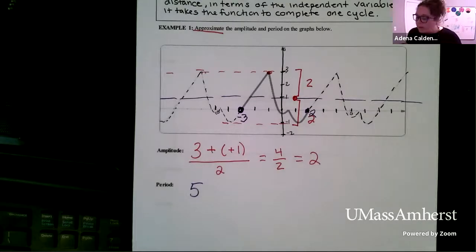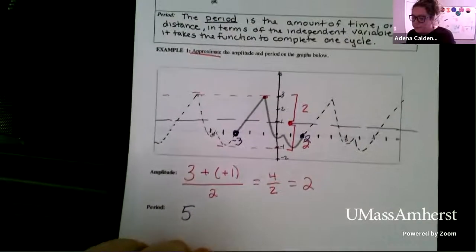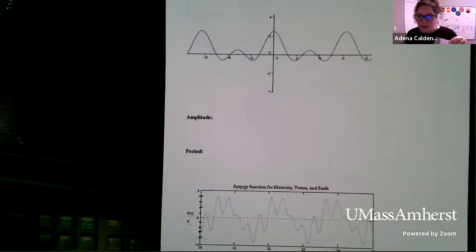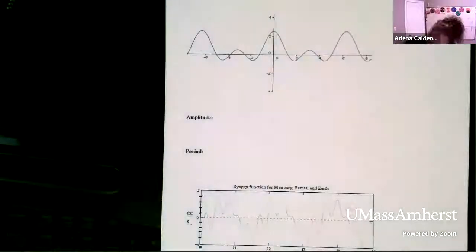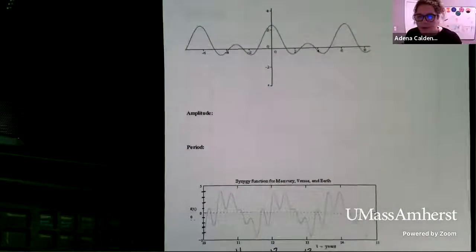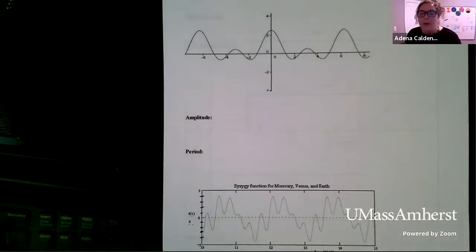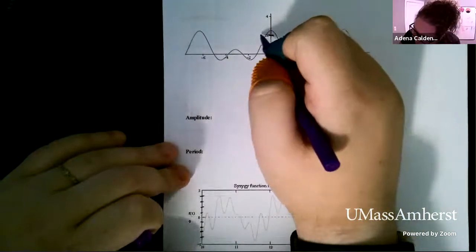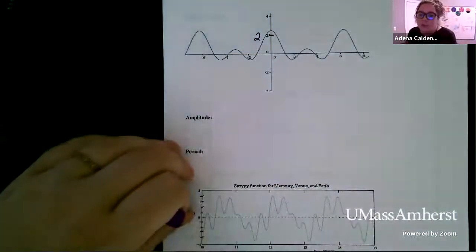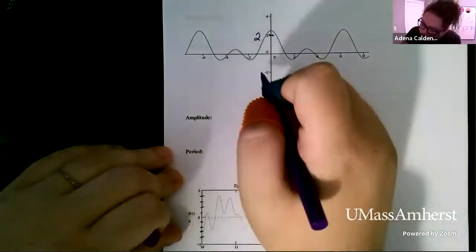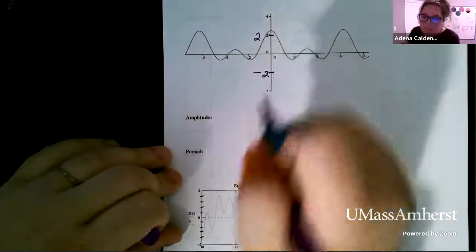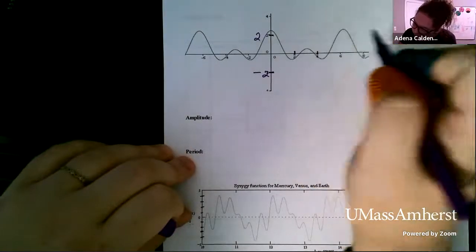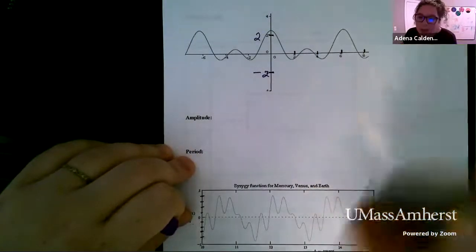Okay, so I'm going to give you one to try. We're going to look at these two, and I'll mark some values to make it a little bit easier for you to see, hopefully. And we're just trying to figure out the amplitude and the period. And so again, this is an approximation, so it doesn't have to be perfect. That's the value of 2, in case you can't see that. And then -2 is down here. And then this is counting by 2. So this is 2, 4, 6, 8.